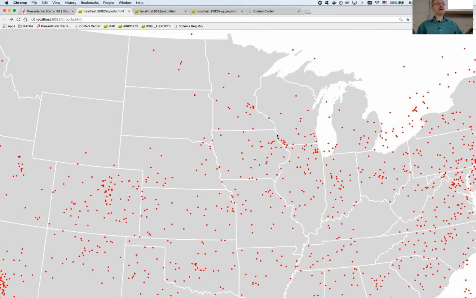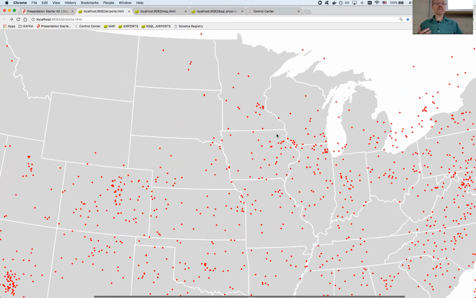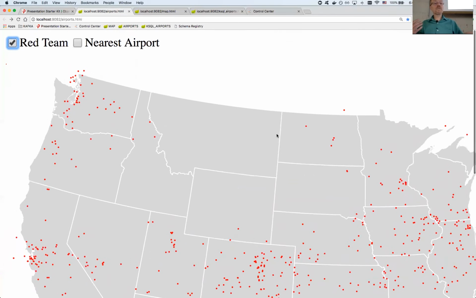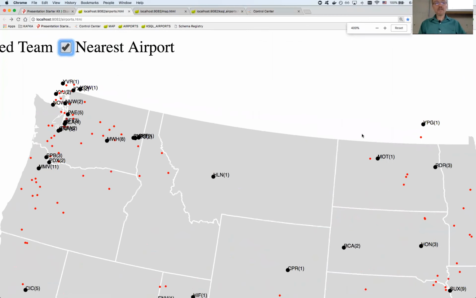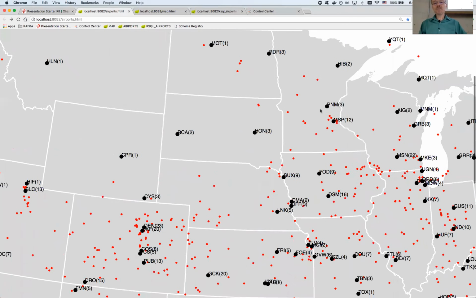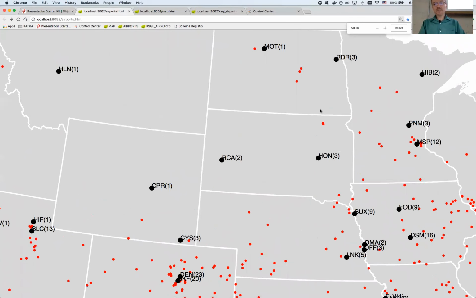So in here, I have all those records that I am pulling from my Kafka topic with latitude, longitude information, displaying it on this map. The first thing that I'm doing for my stream is I want to find the closest airport for each aircraft. So in there, I am now pulling in stats around each airport, and I'll zoom in to Minneapolis.